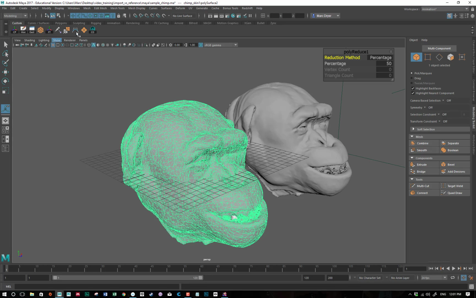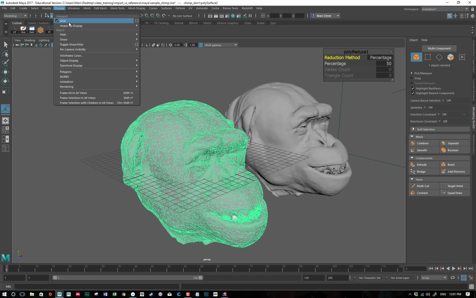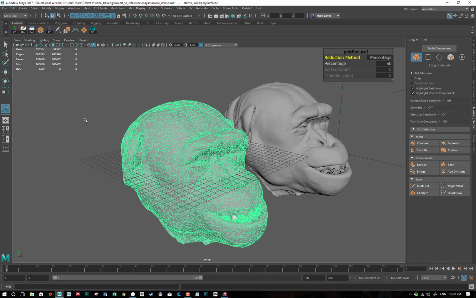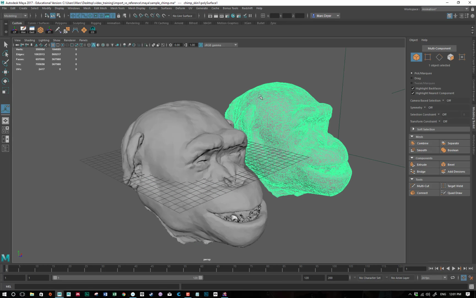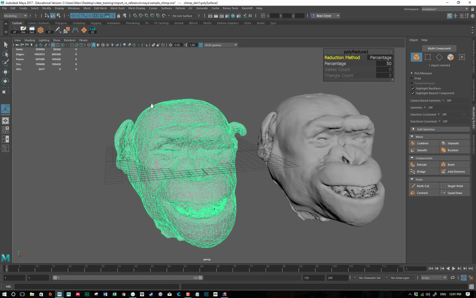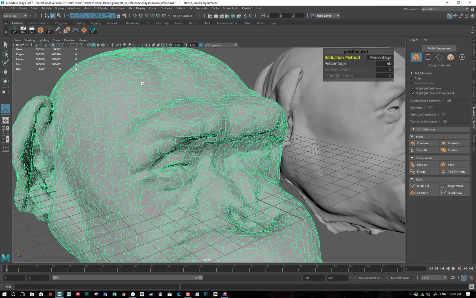And if we go to display, heads up display, poly count, we can see that in the whole scene, we've got 700,000 triangles. That includes, there's the skull in here too. But this thing has 183,000. If I select this one, it's got 367,000. So why did you want to keep the original? Well, there is an option, and this can be a little crashy, but if we go to